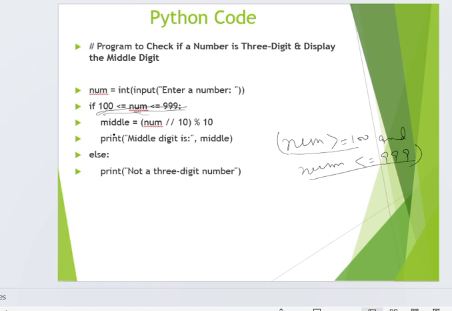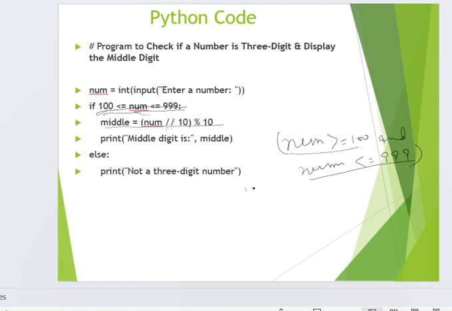After this, two statements are merged here. So first of all, the innermost part, or you can say the part of the expression which is in the parentheses, will be calculated. So the number will be divided by 10, and we are taking the floor quotient, and once we take the floor quotient, that will be a two-digit number, which is then put with the modulus of 10 so that we will get the remainder.